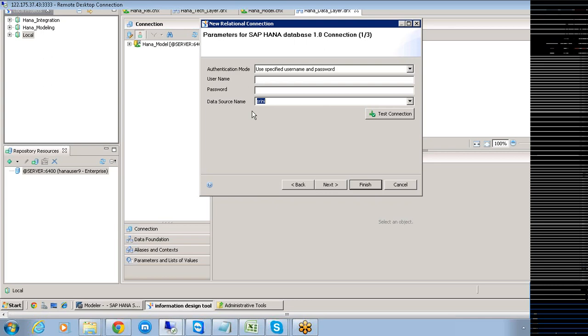But what if I'm a developer who is not on the same server? I'm on the client only, not the place where your HANA server is installed. If I'm creating a universe for the first time, I need a system DSN, or it has to be defined locally through my ODBC administrator, right?